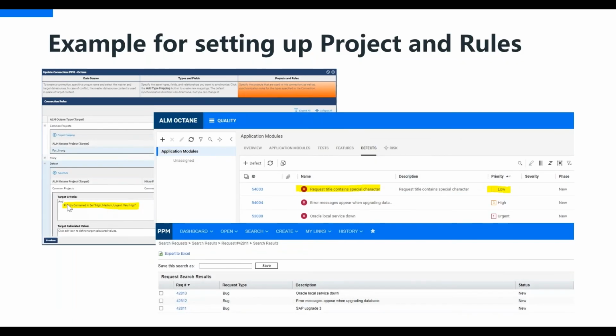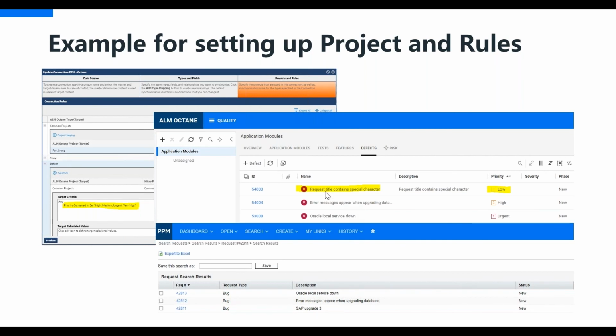So here is how it is going to work. Once you define this target criteria and the condition with it, during the sync, you can see that the Oracle local service got created in PPM, as it was created in Octane. The error messages, which is also created because it's an urgent request.